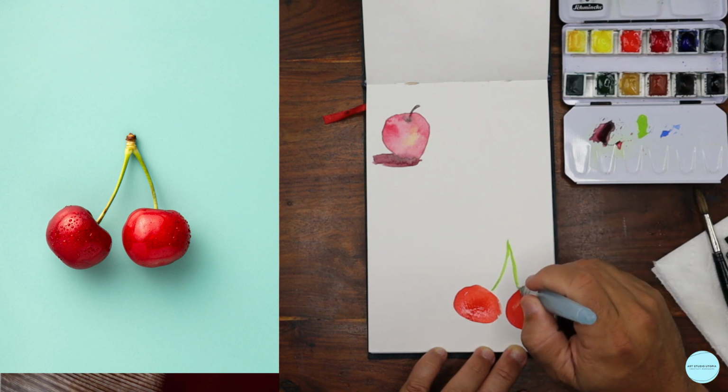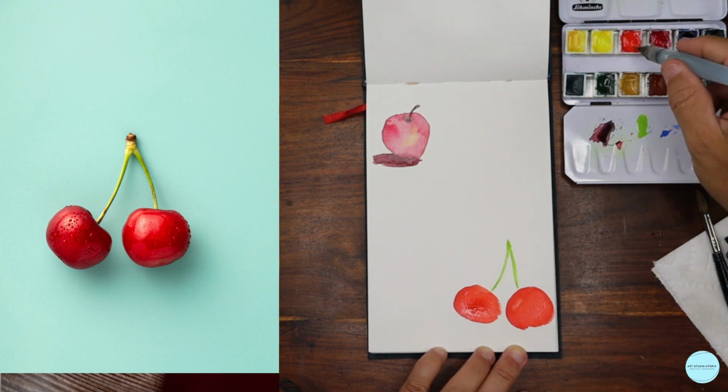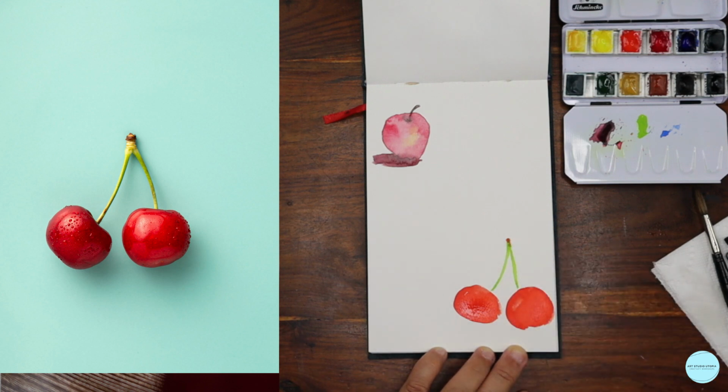Don't let the color mix. Don't let the color touch yet. Bring back just a touch of that red right here at the top. There we go. And while this is drying,